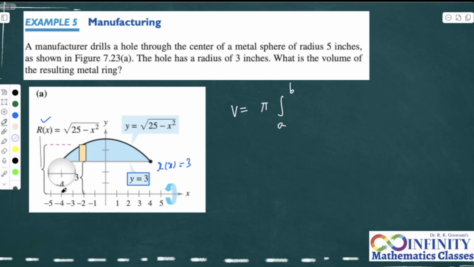The lower limit should be, hold on. Try to observe. Negative 4. And the upper limit should be 4. Perfectly okay. So let me just write down. It is from negative 4 to 4. Then R of x squared minus, minus,